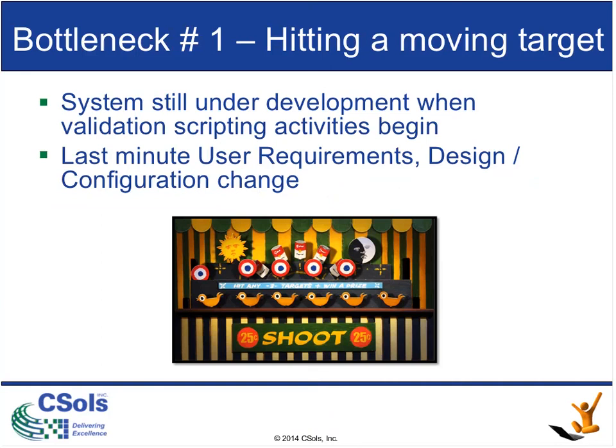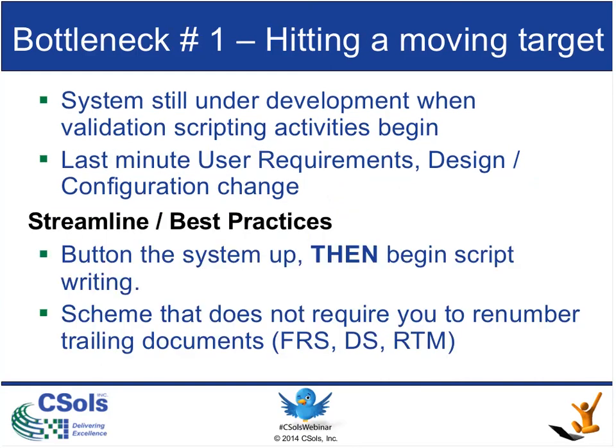This also happens sometimes with scope creep: last minute user requirements get added, or a last minute design spec or configuration change gets added. That throws all your scripts off, so they have to be rerun. That's a waste of time. And so what you can do to eliminate or mitigate that is